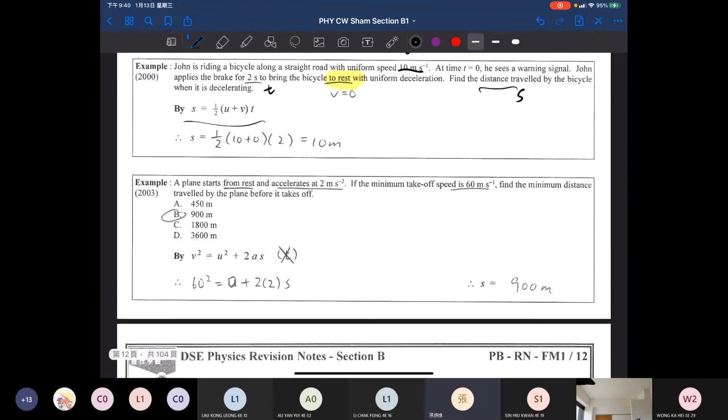I think start from rest. Rest means that U is equal to 0 at the beginning. Okay. So acceleration equals to 2 meters per second square, and the minimum takeoff speed is 60 meters per second. Find the minimum distance traveled by the plane before its takeoff. So, which means that this is the V. We want to find out the S. Okay, we got U, A, V, S. Then we use V square equals to U square plus 2AS. Okay,